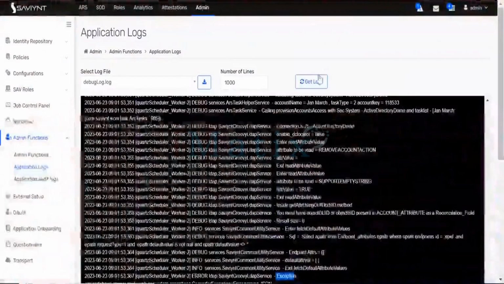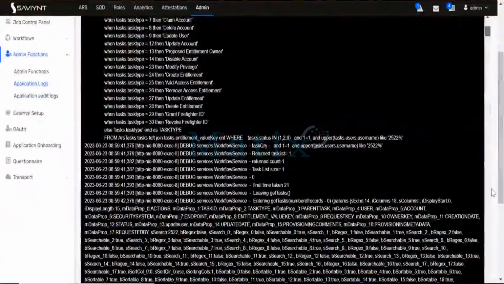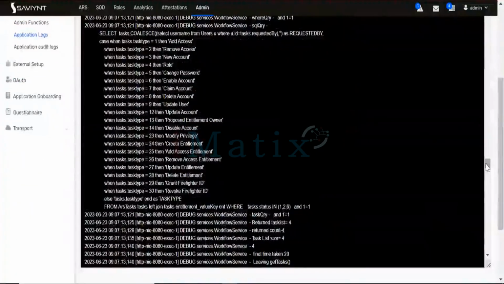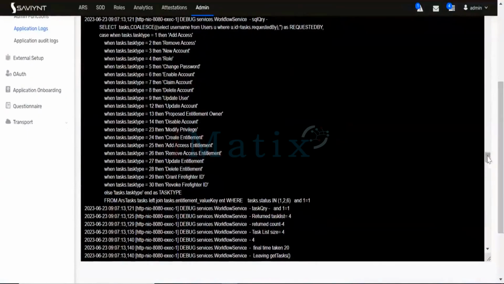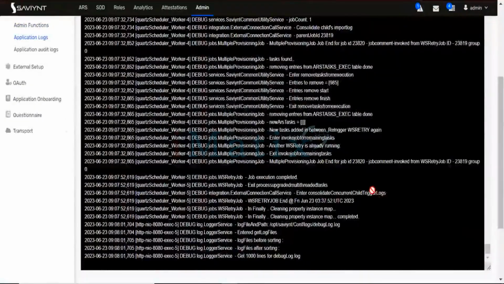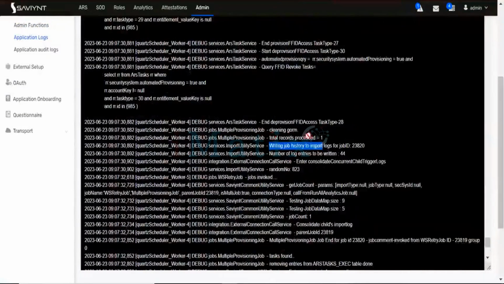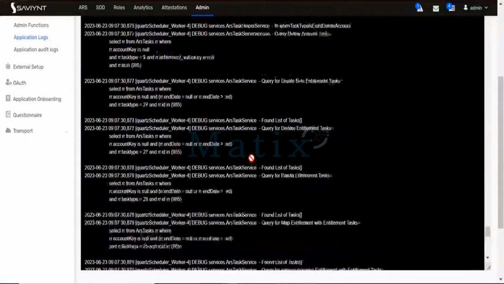Let me grab the log and directly go to the log instead of checking the pending task. If I go here, it is telling total equal process 1 as usual. If we scroll down,